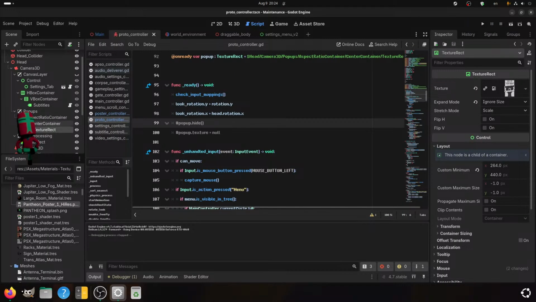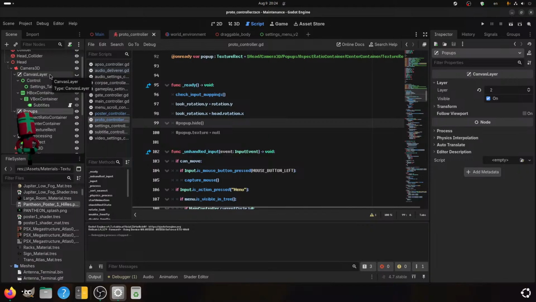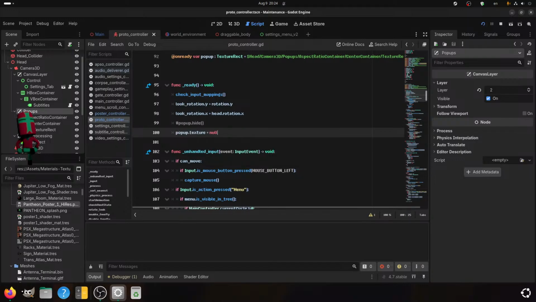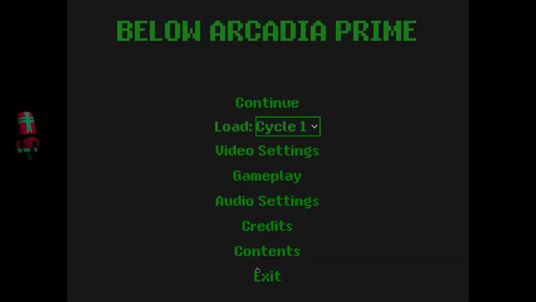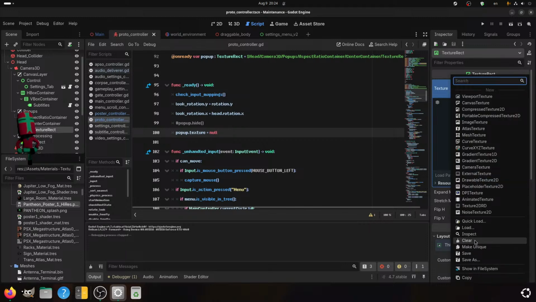Why can I not see anything further than you? Because you're layer 2. You're layer 3. You are invisible, that's why, I'm just stupid. Okay, so that works. So we don't need to be hiding you and clear.